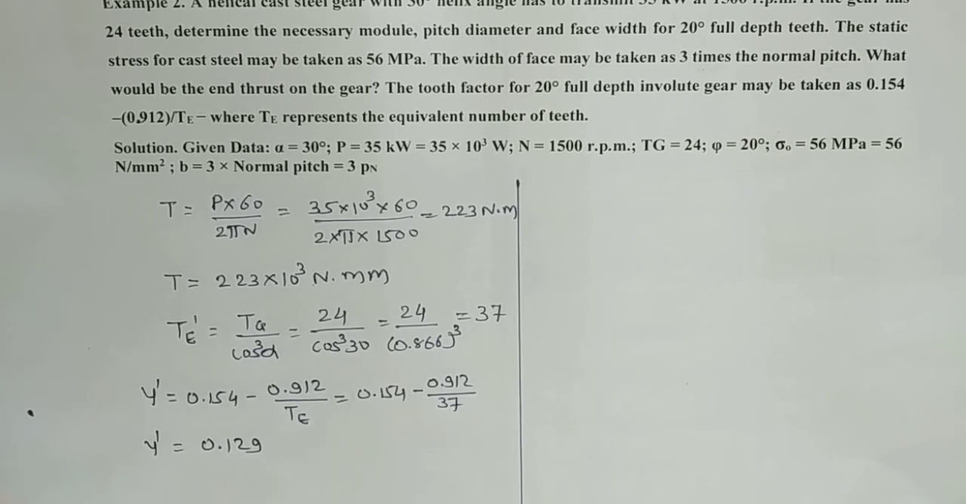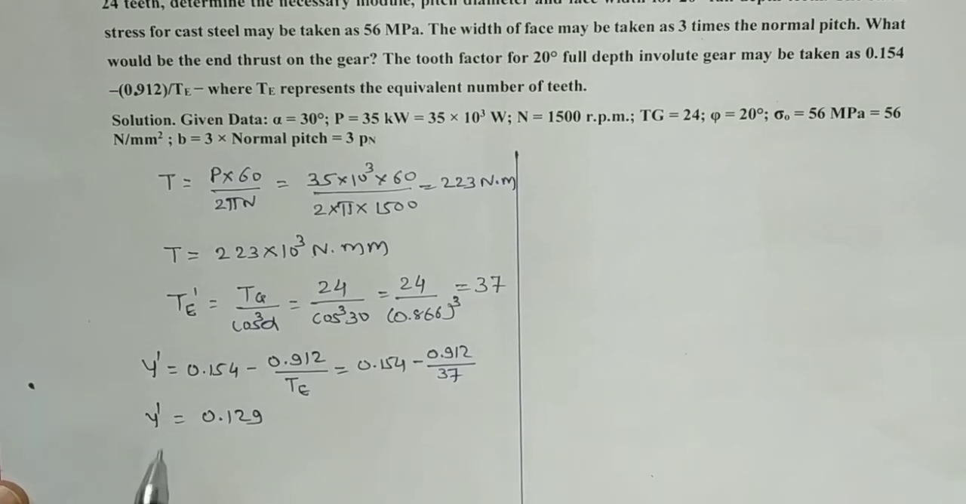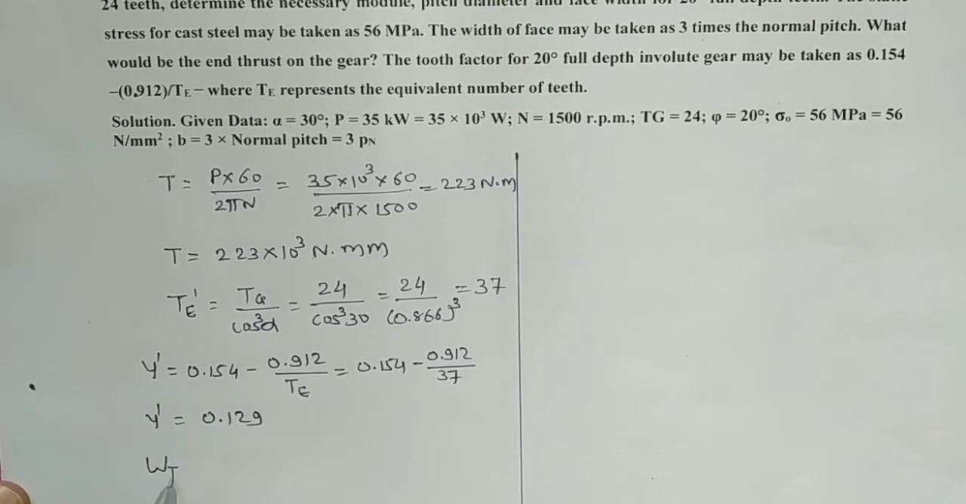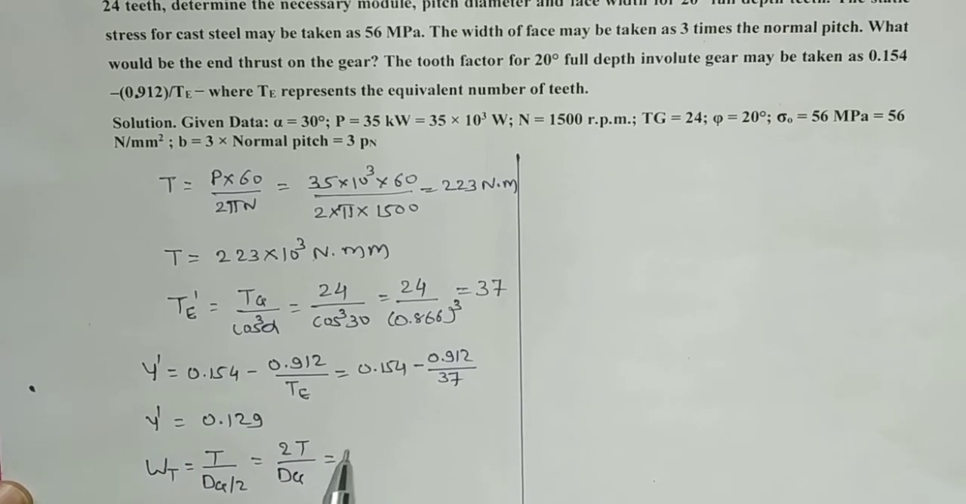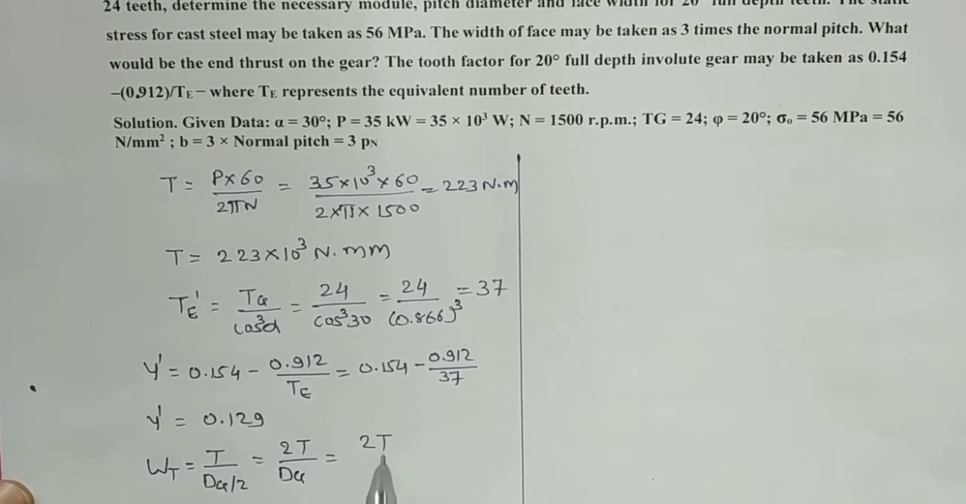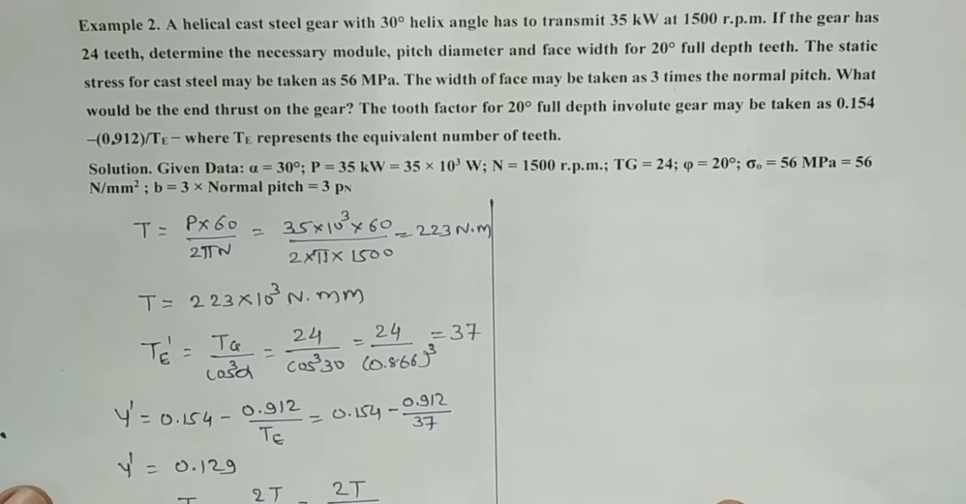Okay. So you know that the equation for the tangential load, WT is equal to T upon dg by 2. So therefore 2T by dg. Now dg is equal to m into tg. So therefore 2T divided by m into tg. Okay. So therefore here we can say WT